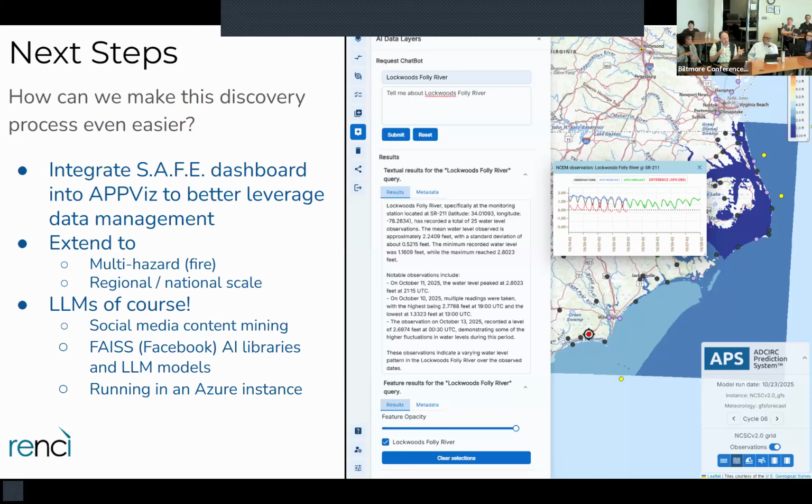That's where the APSViz aspect comes in, because APSViz is managing the ADCIRC model for us. It's a big piece of software that manages it and does data management and data archiving, and it operates in real time. So when the Hurricane Center says, here's a new forecast for a hurricane, it marches off and does its thing, and it generates a lot of data.